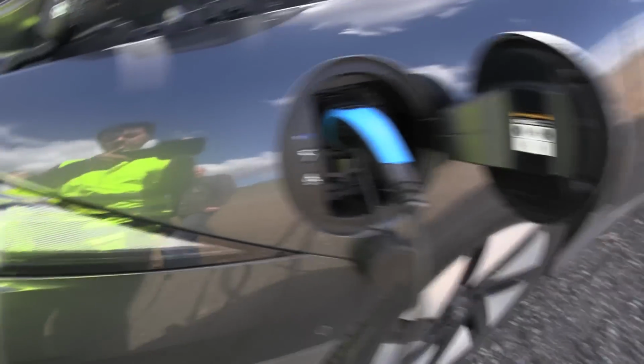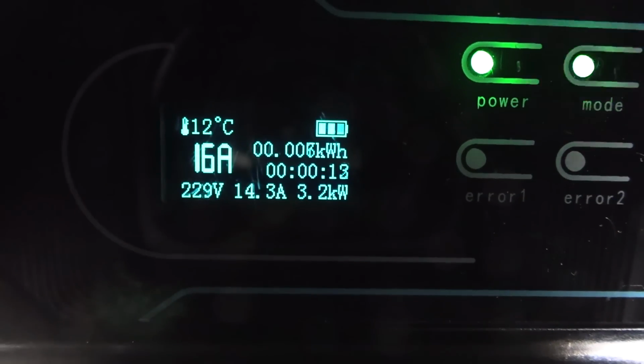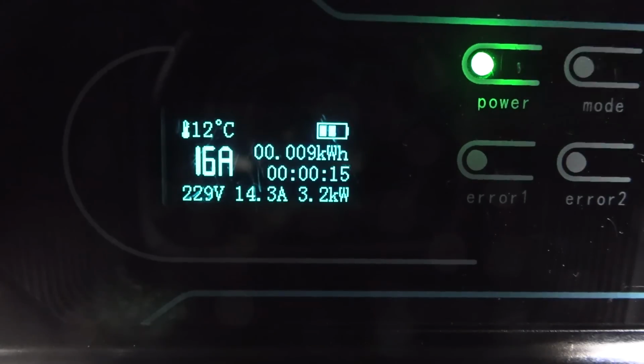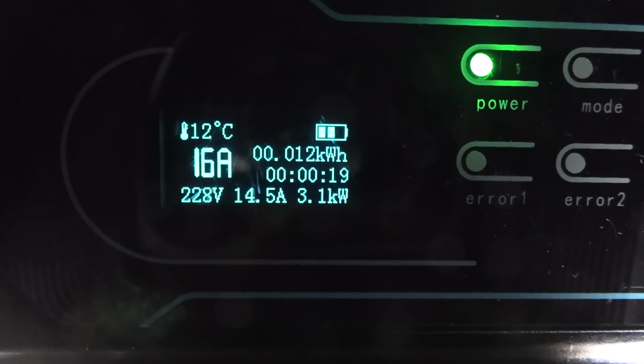So see, now it should initiate and start charging. You can see here. Okay, I have to go. It's a bit clumsy with the light and everything. But here. Okay, can you see it? There. Let me see. Oh, it is charging. Wait, it is taking 3.2. Wow. The adapter can output